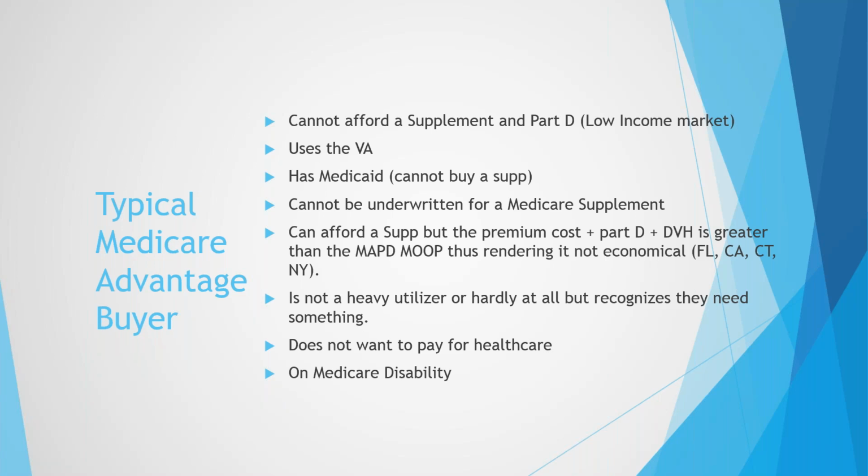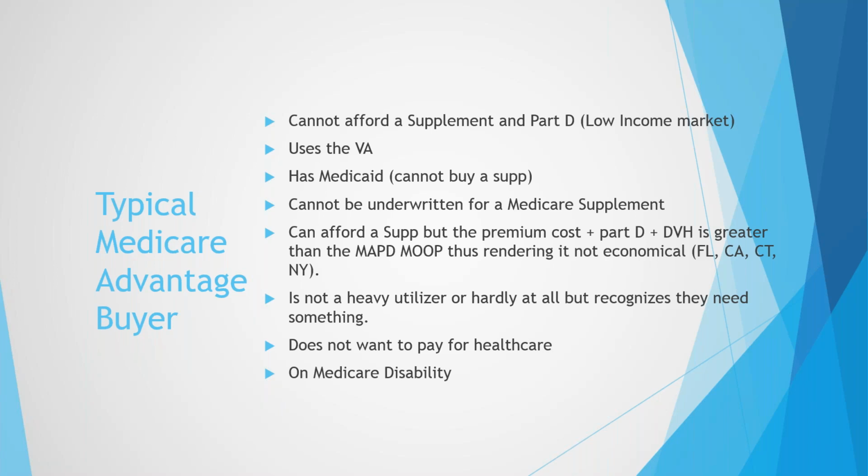And then finally, anybody on Medicare disability. It is cost prohibitive in most states for that person to buy a Medicare supplement plan. They're $500, $600, $700. In some states like Ohio, it's not even offered. In other states like Maryland, Plan A is the only available option. So more often than not, 95% of the time, a Medicare disability person is being forced into the Medicare Advantage market.